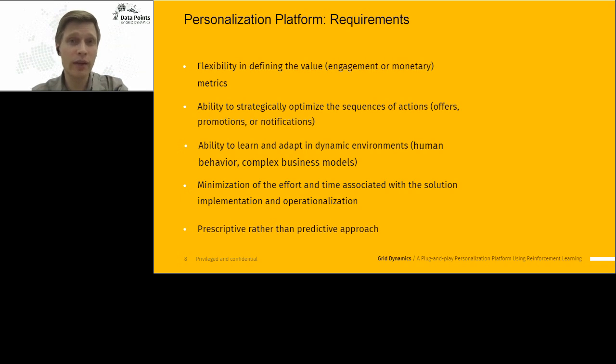because if we wait for a long period of time to gather the data and build a kind of perfect model, it can lead to having a huge regret while the current offerings are assigned in a non-optimal manner. And many traditional marketing analytics and personalization methods use predictive modeling to score customers. The typical problem with this approach is that marketers struggle to choose the right action when they have multiple scores. And there is a lot of interest in prescriptive models that recommend a specific optimal action with regard to a